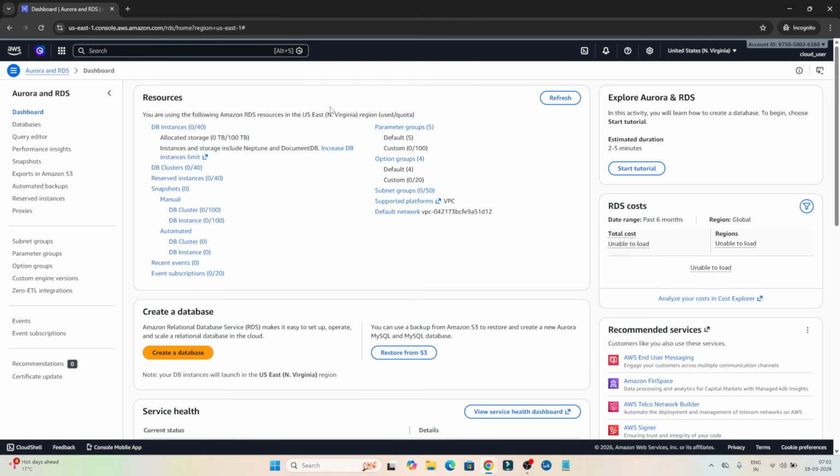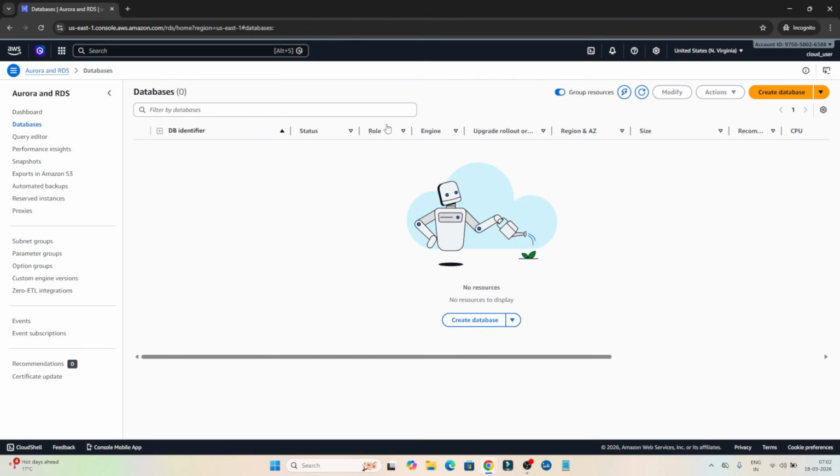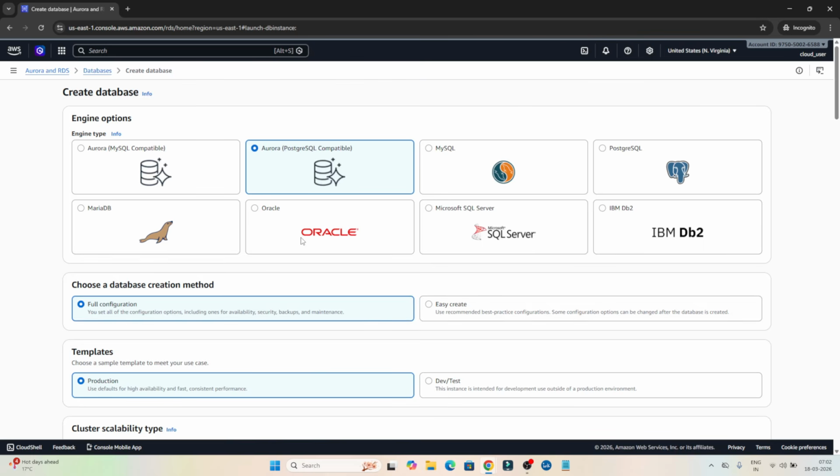So you can see this particular screen is coming. What we actually want to do is create a database. So here you can see an option, create a database. The second option on the left side also, if you click on this, you have the option to create a database. Now if I click on create database here,